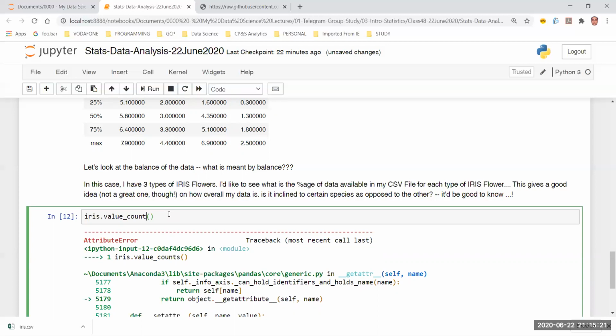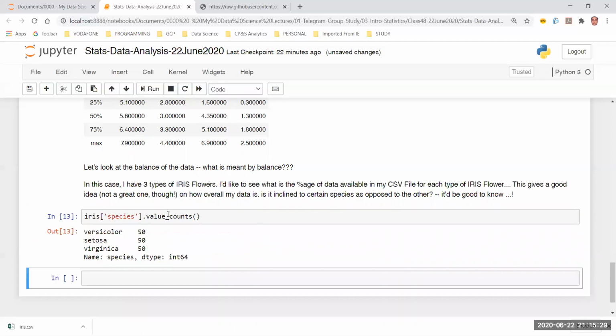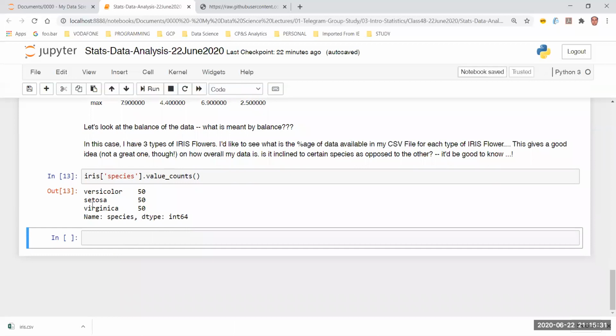Oh, yes, of course. Value counts is going to work on only one value. Sorry, I have to take the species value. Clearly, I have a very good amount of, let's say, balance in this case. There are 2 reasons I wanted to show you this. First, it gives you a good idea about what kind of data you have in the data set. So we are simply exploring the data. This gives a very good idea.